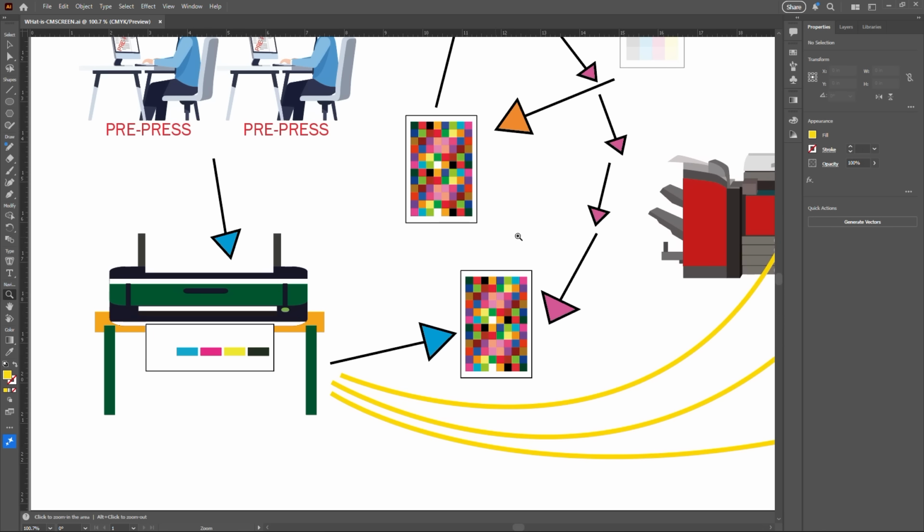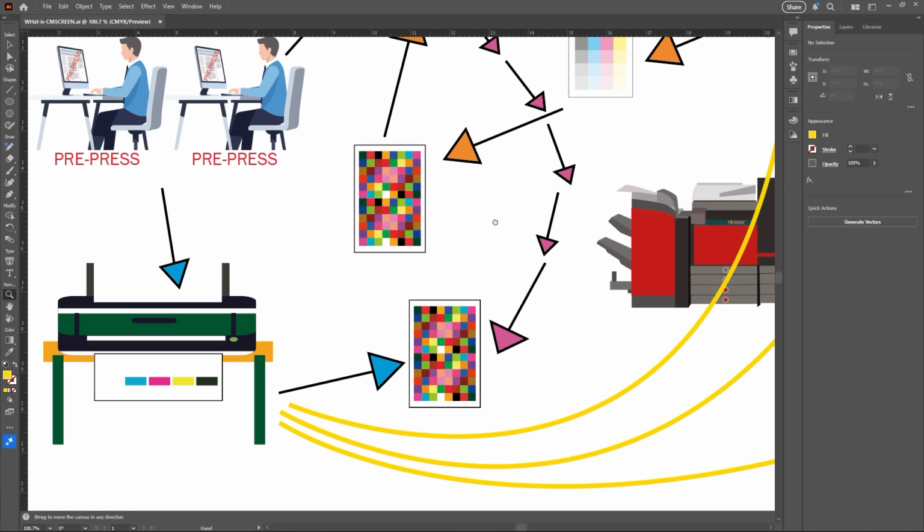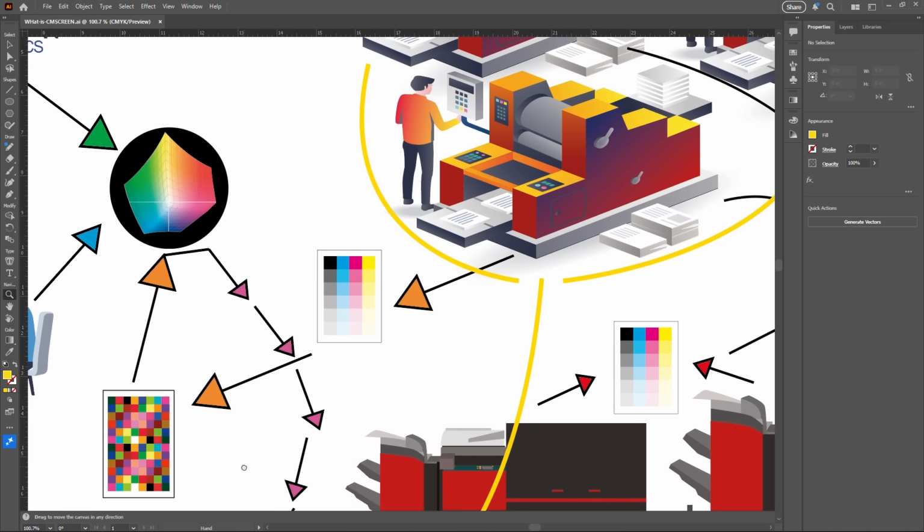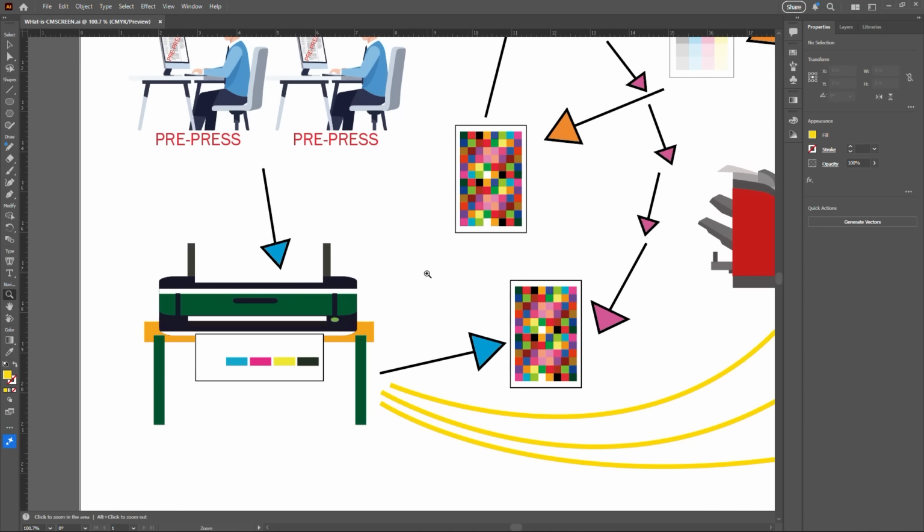So now the proofer should generate a print near identical to what the conventional presses are going to print. Granted, there may be some differences in the texture, substrate, that sort of thing. If you have good software, you can actually even simulate that. GMG has phenomenal software. I'm telling you, I could